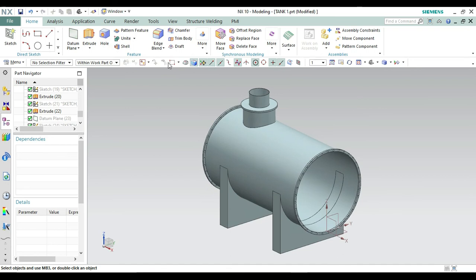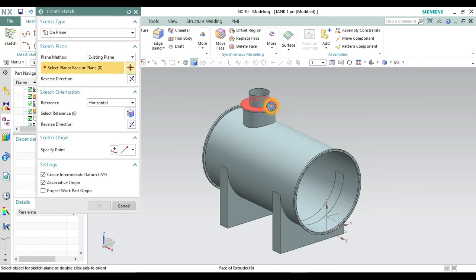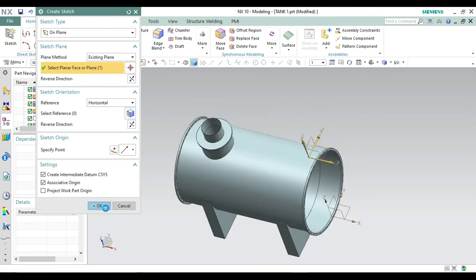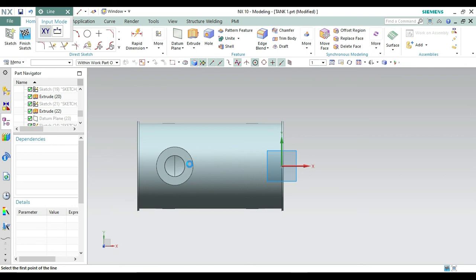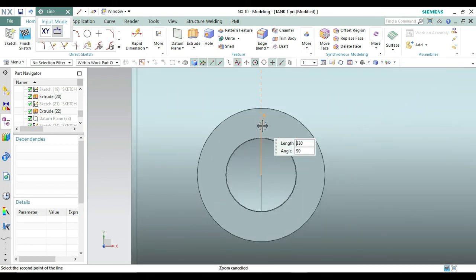So from here going on to the sketch command, first taking this line, this point and making it okay from here. Now again taking a line from here, we will get a center and then let's drag it only to this point, so we'll get it easily.